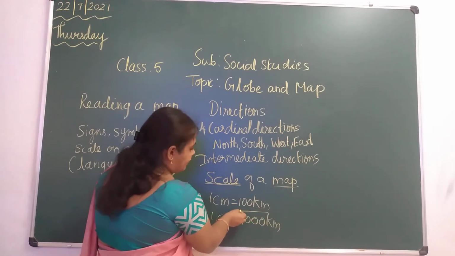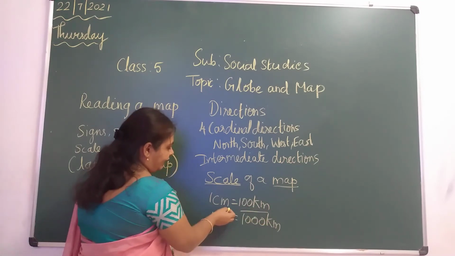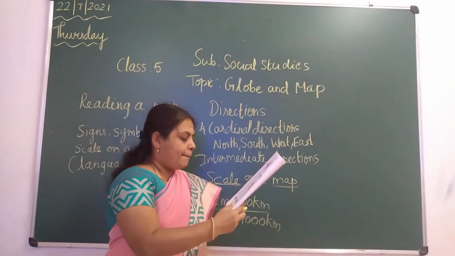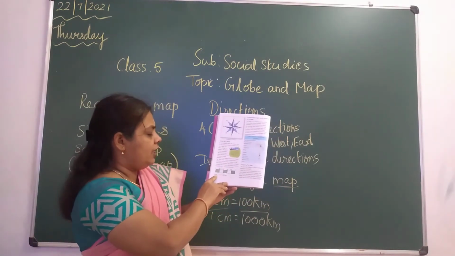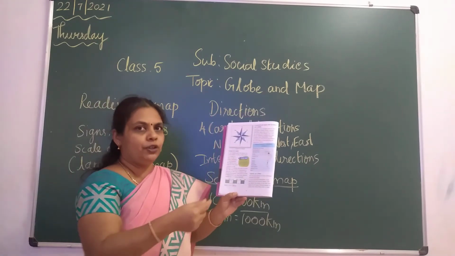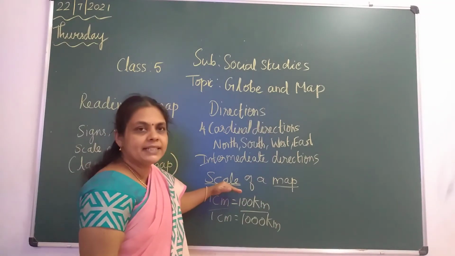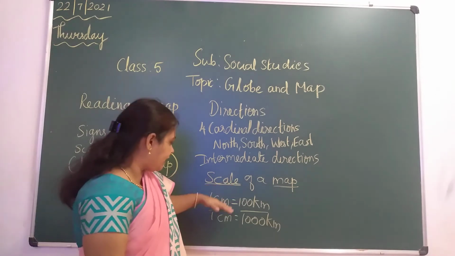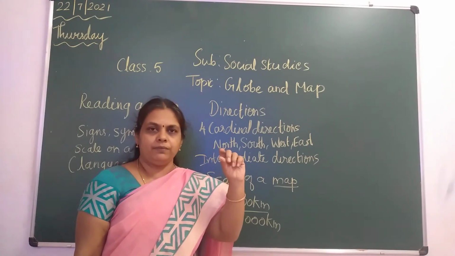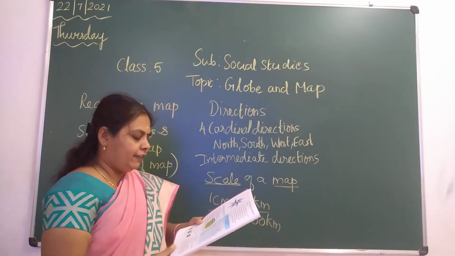The longer distances, like 100 kilometer or 500 kilometer, they will take it as 1 centimeter. Like that, they will show it in the map, children. You can observe here, for longer distances they can take it as 100, 200, it's on your wish. Whatever size you are showing, we will scale it, children. It's called scaling. So longer distances are shown in a shorter length. That is your scaling of a map, children.